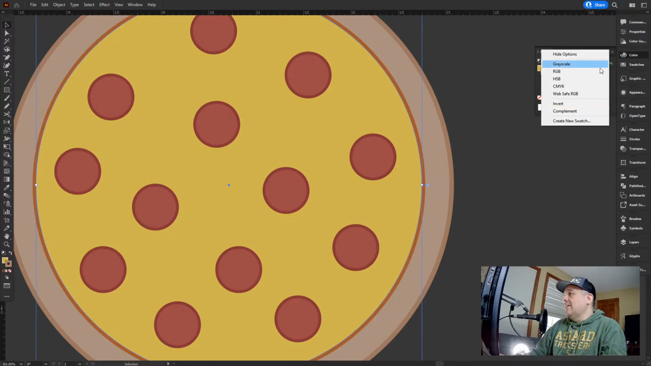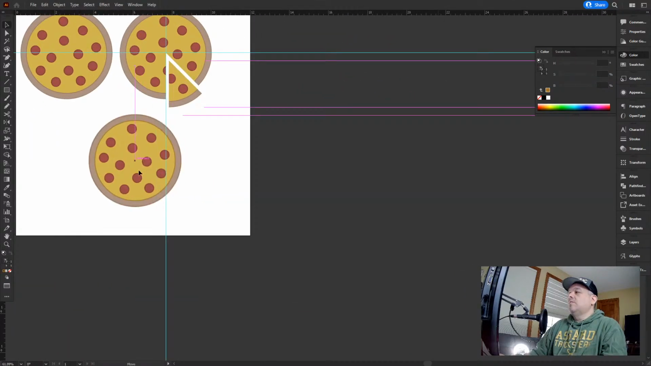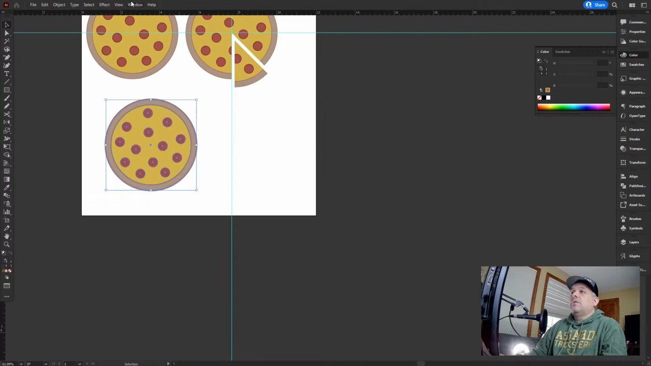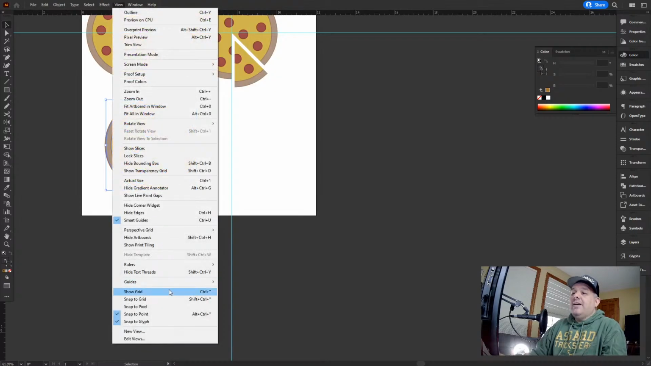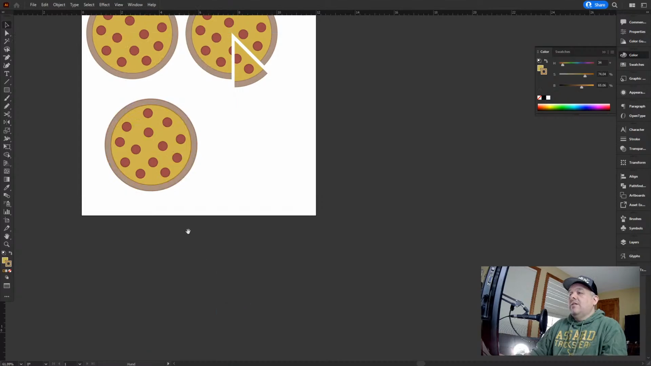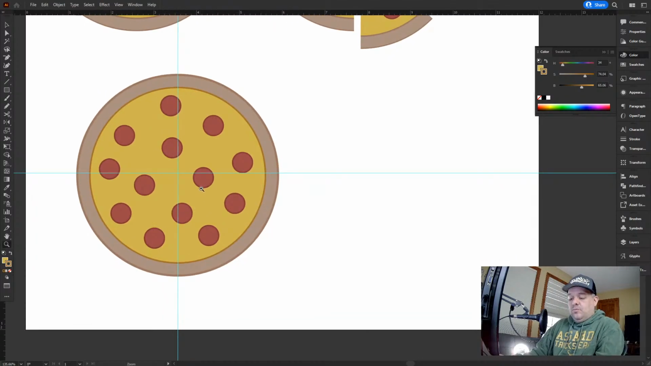All right, let's fix that color. We'll change this back to hue, saturation, brightness. All right. Let's clear our guides. View, guides, clear guides. All right. So we'll make our little slice thing again here. We'll just pull some guides to that path, one to that path. Just make this again into